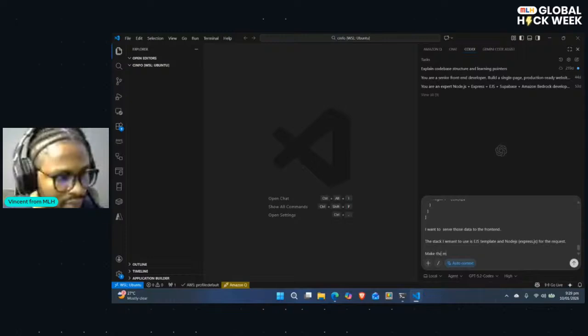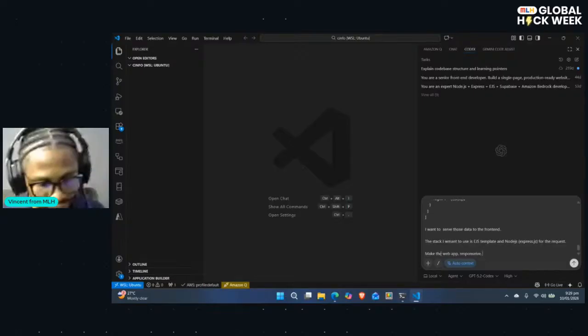So make the web app responsive, with a great UI/UX. I can specify colors if I want, but I'm just going to let it do anything it wants. Great UI/UX and very responsive as well.